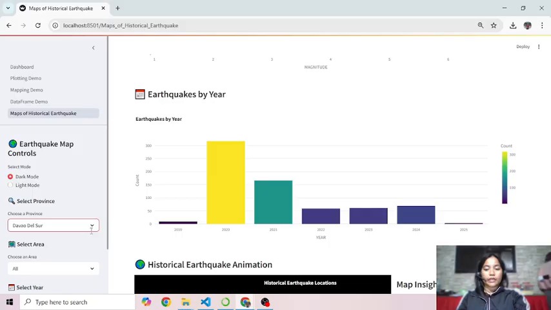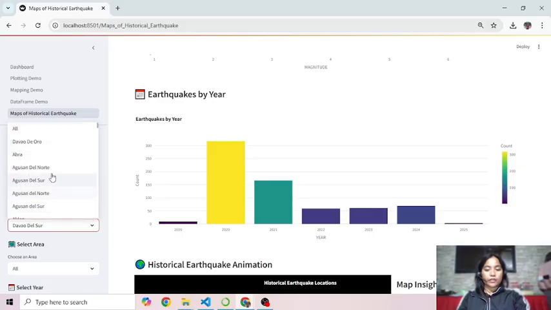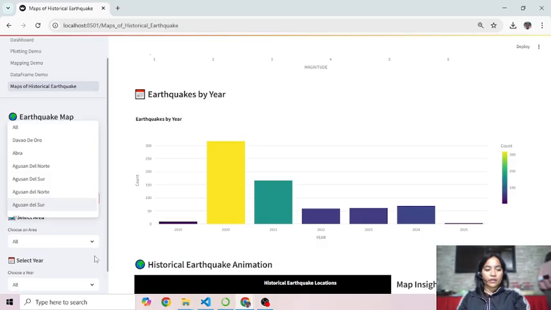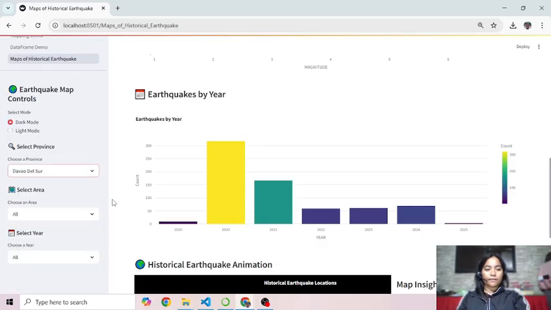First, select the filters, choose the province you're interested in, and optionally select a specific area within the province, and filter the year to view the trends over time.